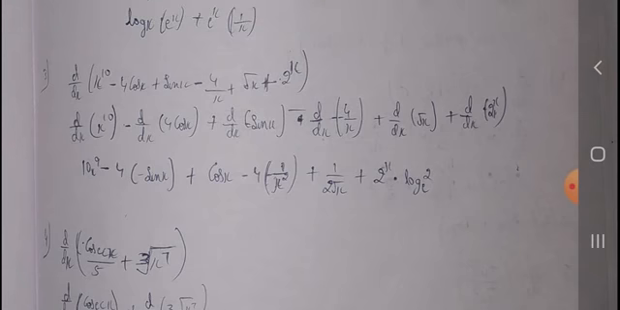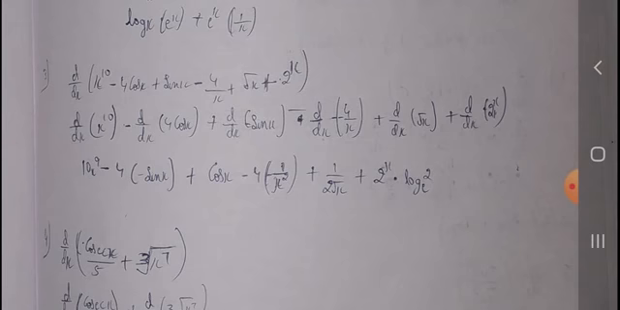So d by dx x to the power 10 minus d by dx 4 cos x plus d by dx sin x plus minus d by dx 4 by x plus d by dx root x plus d by dx 2 power x. So now what you have to do means,